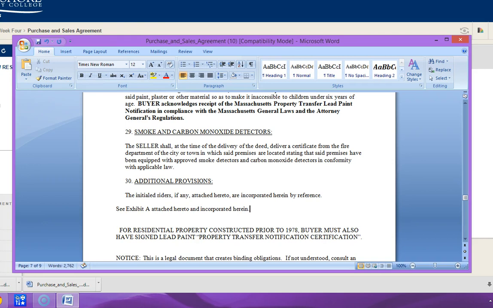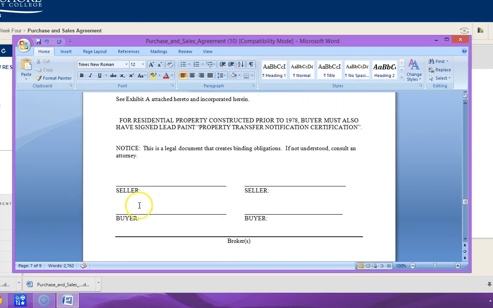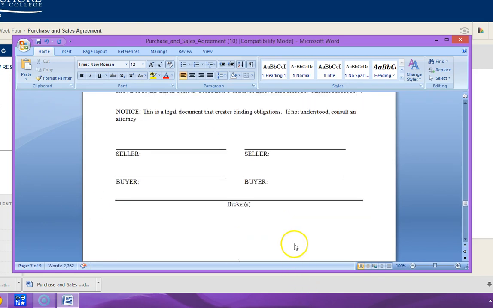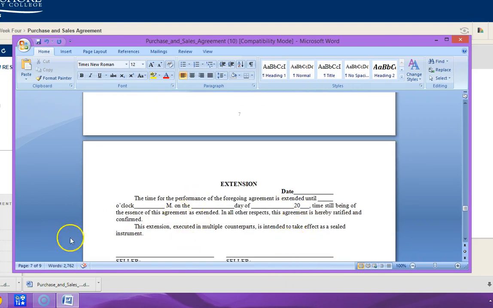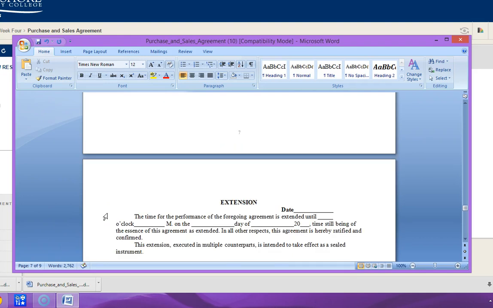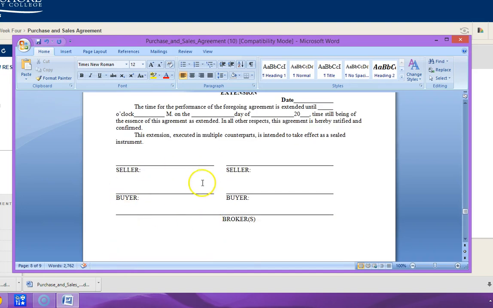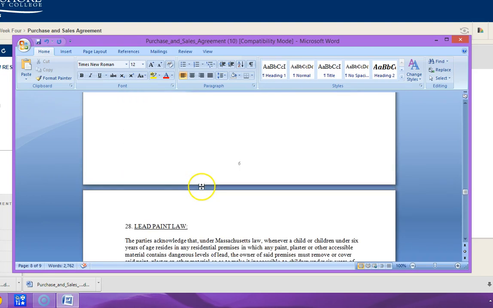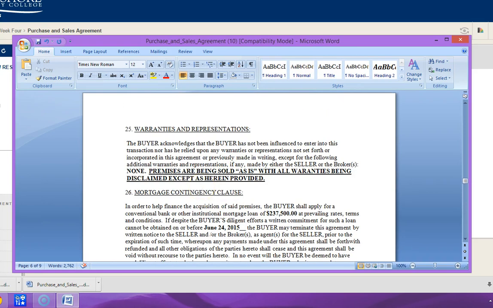And that is pretty much all you need to do. The buyer and seller would sign. You don't sign your outside project draft. It's just a draft. And here's some language on the very last page that allows you, if you need to extend the time of performance, which is the closing date, because something's not done, you could just use this form, and then the buyer and seller could sign it so that it's clear it's been agreed upon. And that is really all there is to completing a